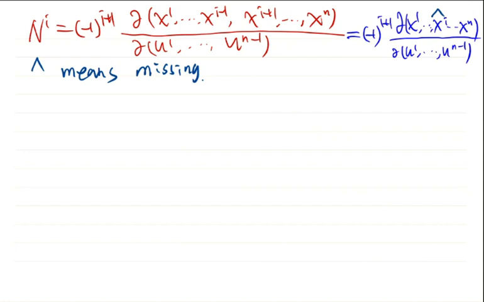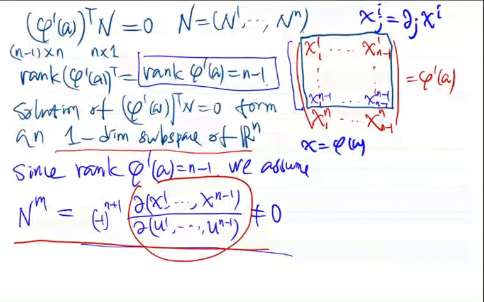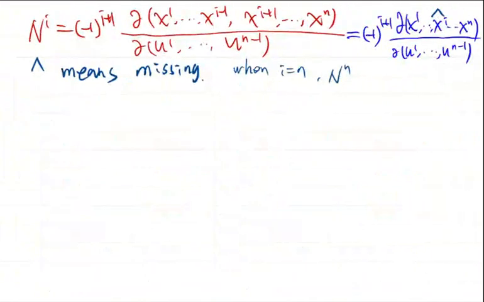So every ni we have obtained, and as you can see, when i is n, the nn is exactly our previous assumption here. Okay, so this assumption is consistent with our final result. The expression for nn is also included in our general expression for the coordinates of n. Okay, so our normal vector n is